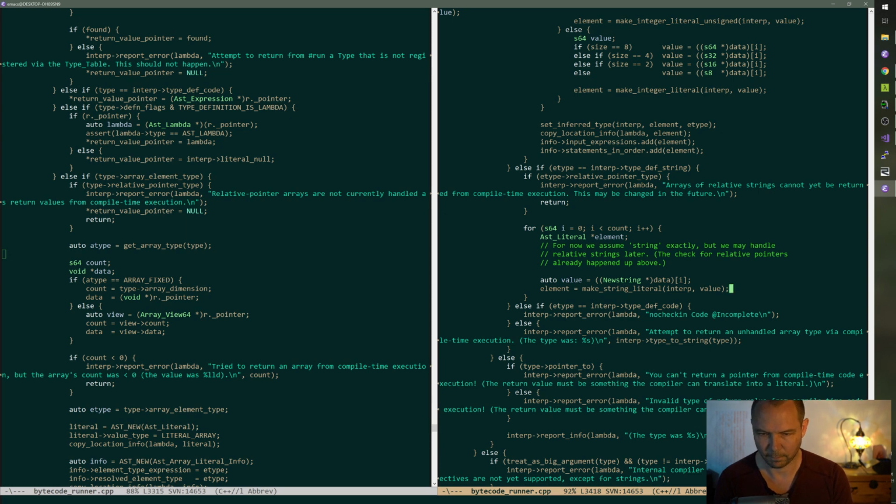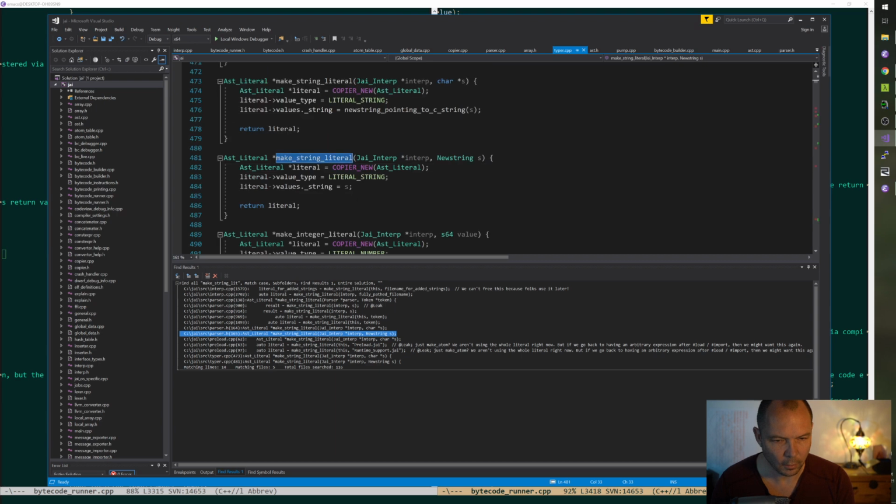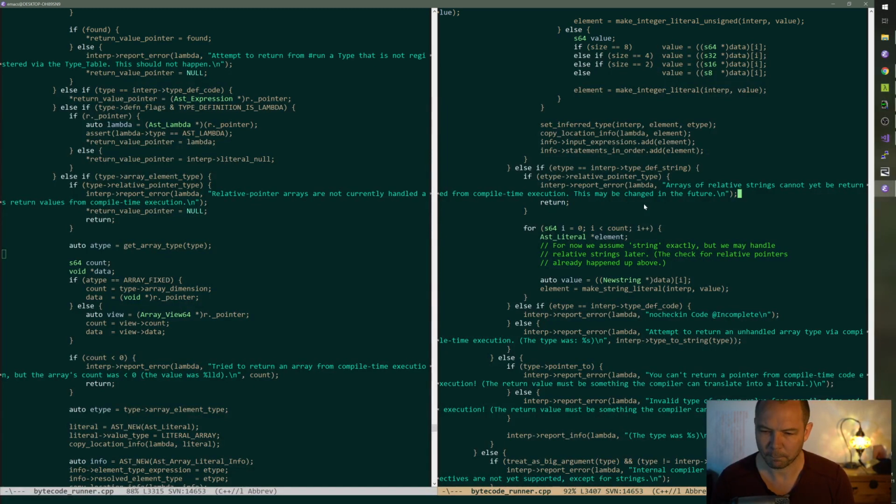But this may not be good. Okay. So this is not good. The reason why is because our guarantee from the compiler is that strings in string literals are zero terminated. We are getting back data from the user that is not necessarily zero terminated. So we have to do that.